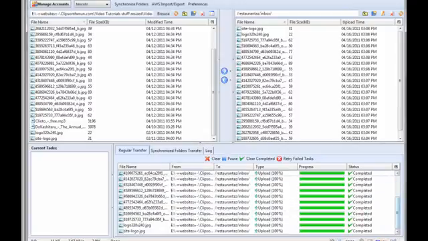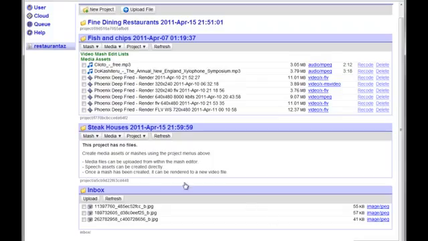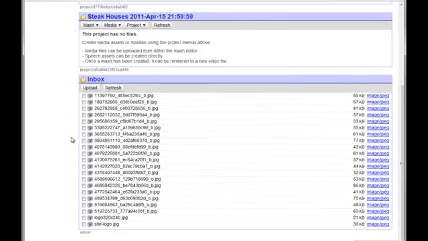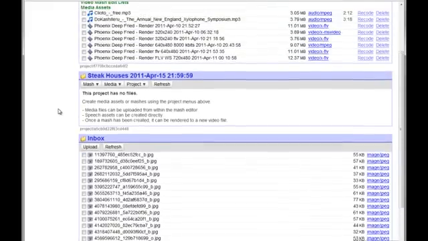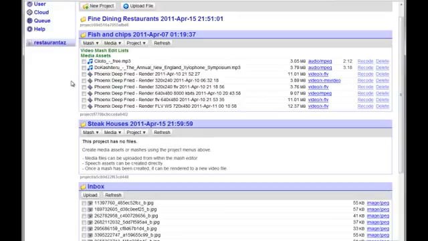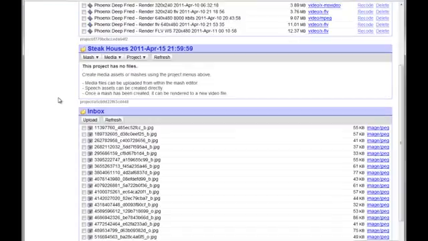They're in the inbox. If we go back to the interface and refresh, you can see all of those files have been uploaded. So now what we do, this is designed so that you can, if you have all of your files ready to go for all of your fish and chips, for example, restaurants, and all of your fine dining restaurants, including their logos or whatever you're using in whatever method that you're trying to sell to these clients, all of their stuff, what you can do is upload all of those individually